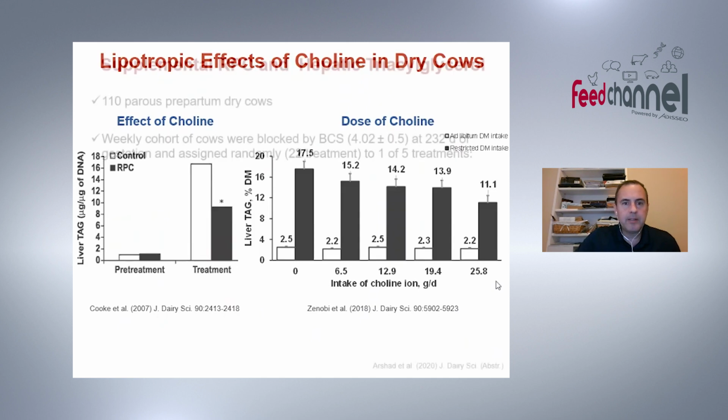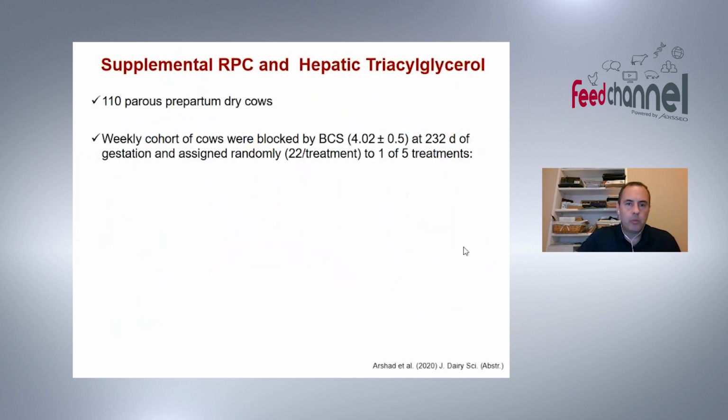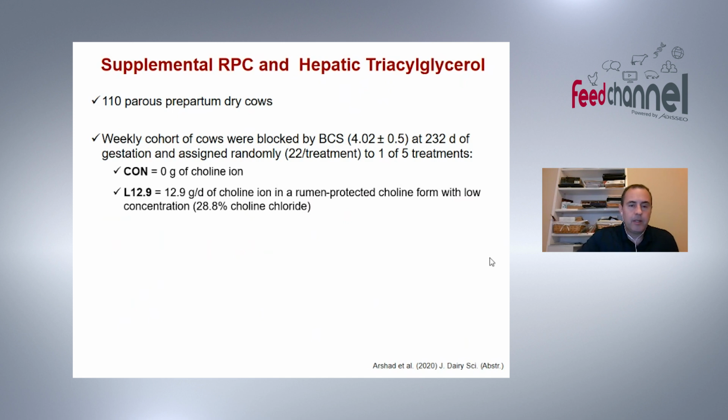We just replicated this experiment recently with exactly 110 pairs of prepartum cows. These cows were at 232 days of gestation, and they were assigned randomly to one of 5 treatments. So we had 22 cows per treatment, and I'll go through the basics of the experimental design. So we had a control group in which cows received no choline ion. And then we had a treatment in which cows received 12.9 grams of choline ion in a form that has